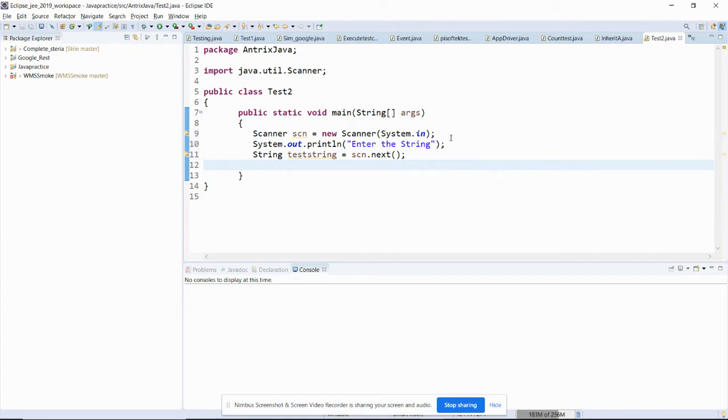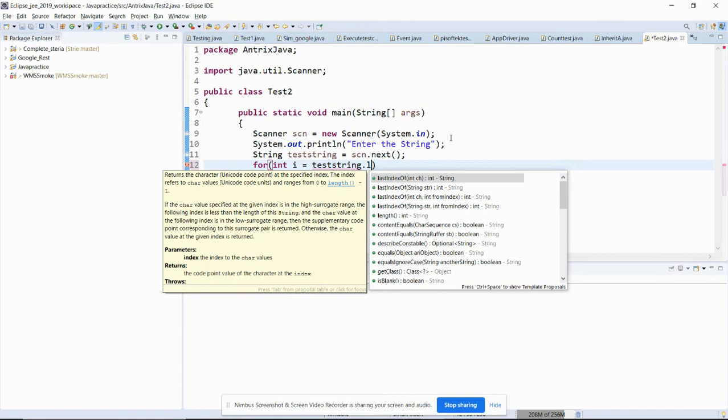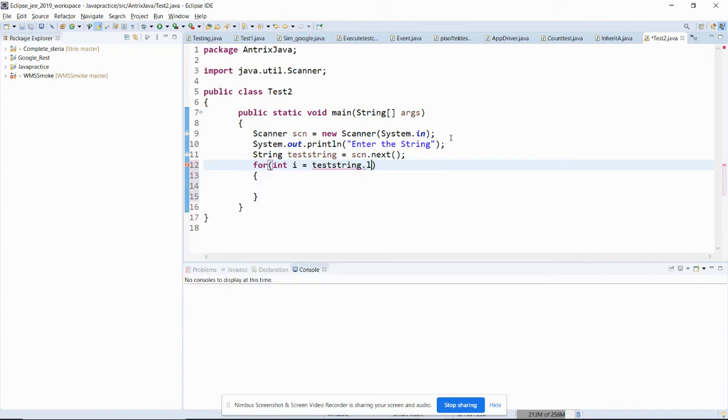Now what we will do? We will just reverse the string. As I told you, we need to run a for loop to reverse the string. We will say int i is equal to the length of the string. I will get the length of that string with dot length. There is a method in String, length, and I will use minus 1 because indexing starts from 0 in Java.